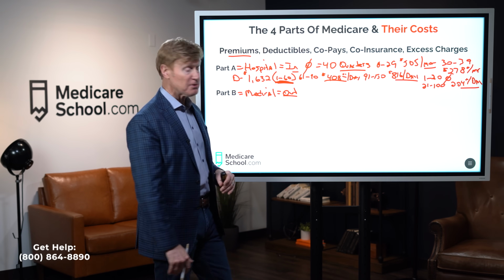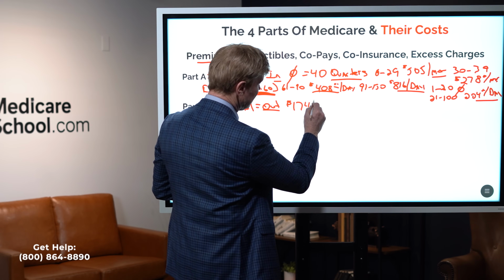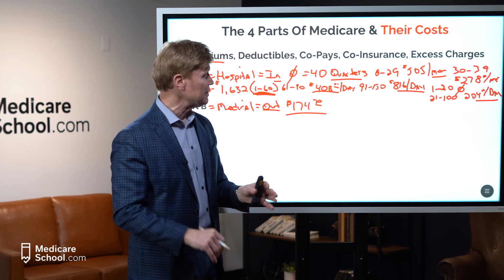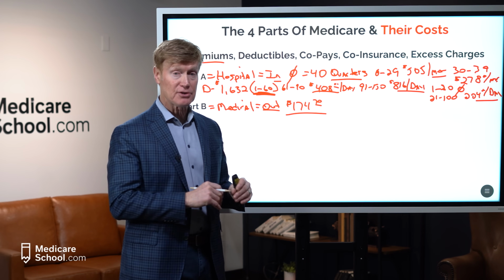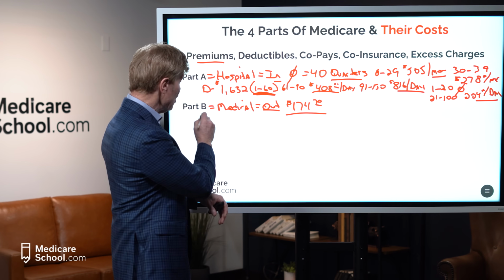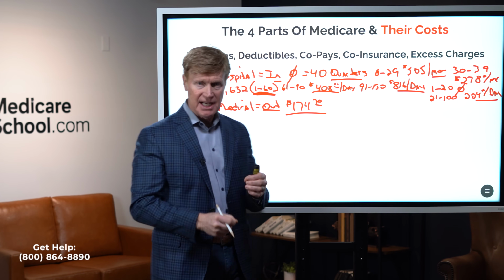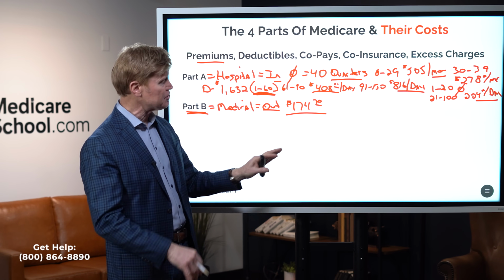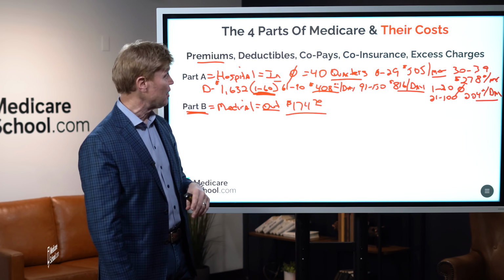So first off, there's a premium. This year, 2024, that premium for most people is $174.70. I'll explain a little bit more about this here in just a minute, but this is called the base premium. Now remember, we're talking about surcharges. This is one aspect where we could have a surcharge, and I'll show you how that's going to be calculated. But I'd say right now, about 85% of all people don't have a surcharge, and so they're going to pay the $174.70. That's the premium for Part B.